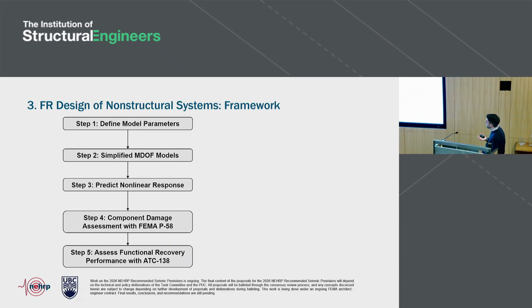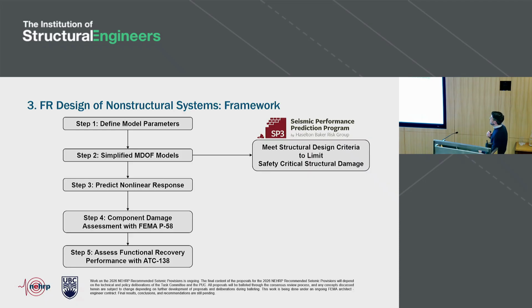Okay, how did we go about developing these provisions for non-structural system design? This framework may look pretty similar to the one that I introduced a few slides back for structural systems, but it has subtle differences. The first one is that in step 1 and step 2, actually even in step 3, we're not exploring that design space that I was looking at earlier, with a broad range of R's and drift limits. We're saying you're using systems that are designed to have very low probabilities of safety critical structural damage. So we're not iterating in that regard. We've already done that as part of the structural system design.